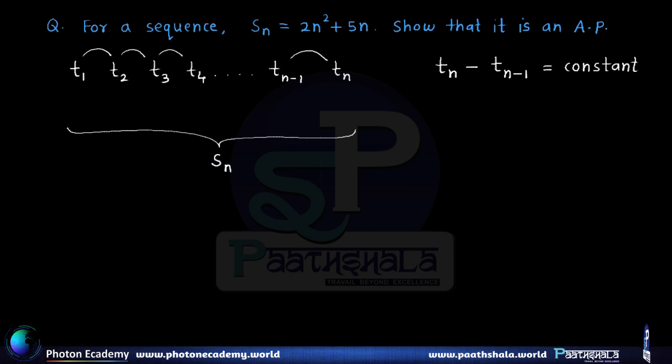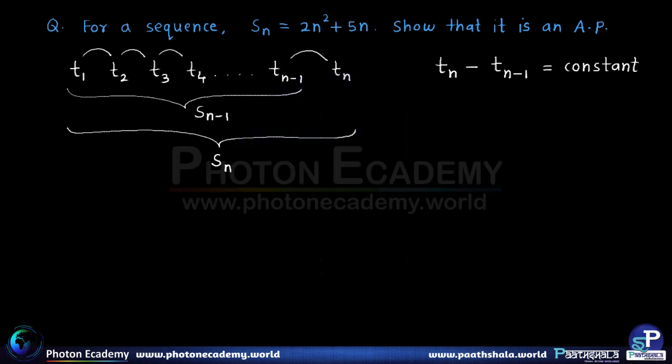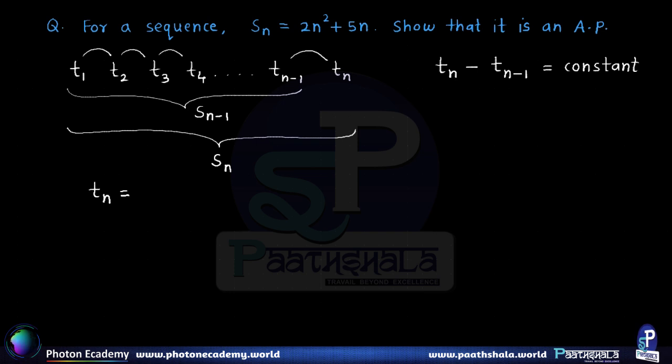Right. Now as shown, if we have Sn as the sum of n terms, we can get the sum of n minus 1 terms. That means we will get Tn in terms of n, if we subtract Sn minus Sn minus 1. So that means the nth term is nothing but merely the sum of n terms minus the sum of n minus 1 terms,